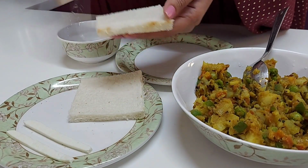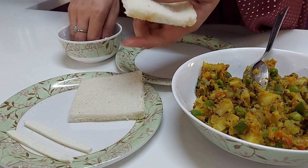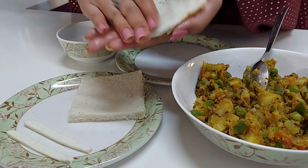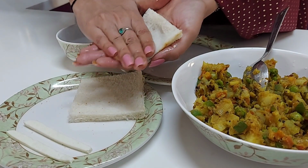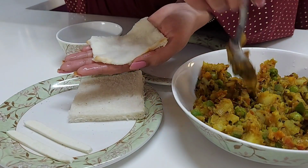Now with your hand just apply some water on the bread, soak it with water basically, but make sure you're draining the water as well. The water should not stay in it. The water should be drained very nicely. We have to make it very soft so that it can be folded easily. So wet it nicely, drain out all the water, and then put the filling in it